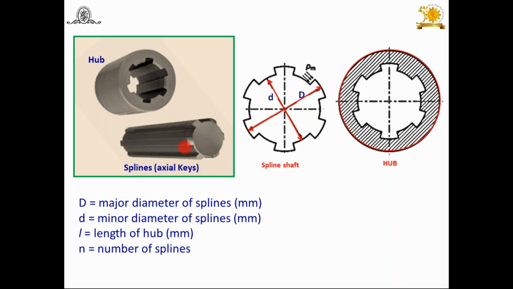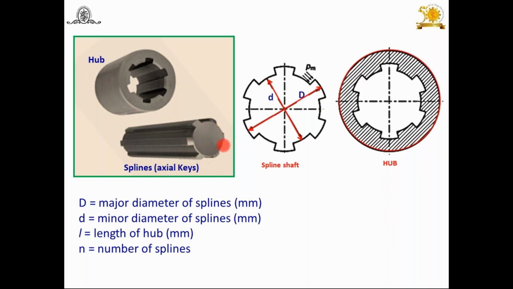Second thing, you will find such splines in clutches also, in pressure plates. When you apply the foot pedal to engage or disengage the clutch, the pressure plates and the friction plates move on the spline shaft. Try to understand. You will find such applications of splines or spline shafts in automobile gearboxes and clutches. But the important thing here is, what do you mean by spline or spline key? Spline keys are an integral part of the shafts.